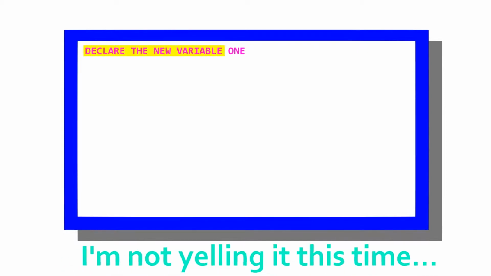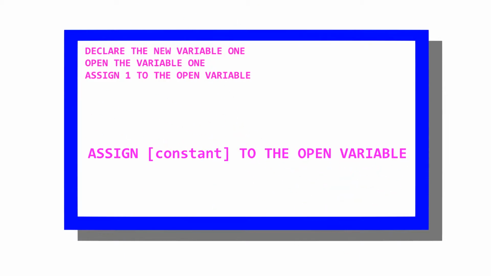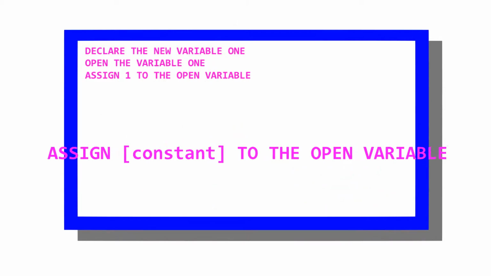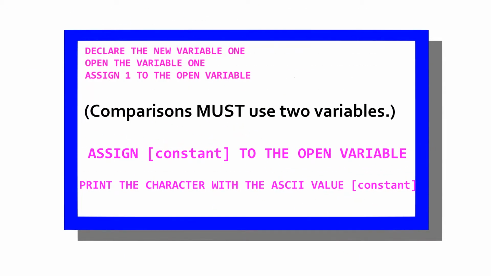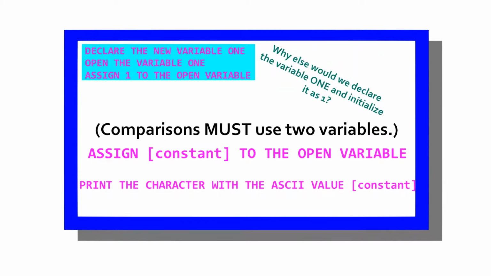This program introduces a new command right off the bat, declaring a variable. Variables are declared using the command declare the new variable, followed by the variable name. In order to use a variable, it must be opened by saying open the variable. You can then assign a constant to the open variable by saying assign insert constant here to the open variable. The assign command and the print command are the only 2 commands where you can use a constant, and for that reason, we are declaring a variable named 1 that will hold the value of 1, so we can do